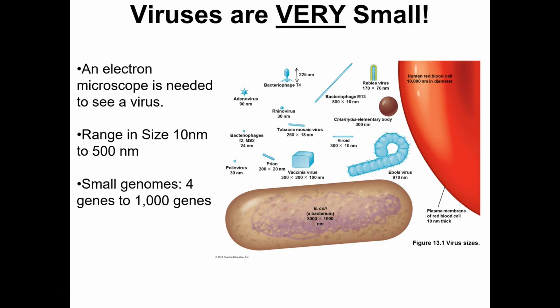Okay, so for instance, the flu, if you drew this, you drew it accurately. The flu has 8 genes. 8. Think of how many hundreds of millions of people it's killed throughout history. And it's needed 8 genes to do that. Okay, polio is even more ridiculous. Polio has 6 genes. It can render a child paralyzed for life. So most viruses don't have very many genes. They don't need many to do what they do. Okay, the ones with the hundreds or thousands of genes, those are the weirdos.